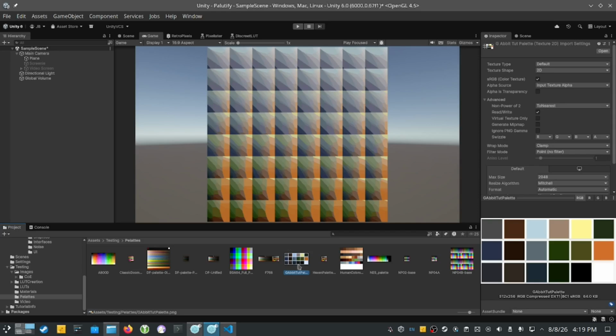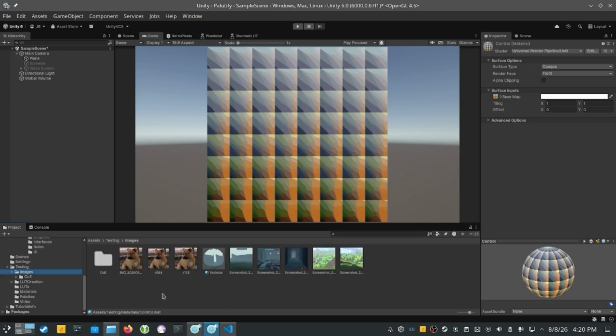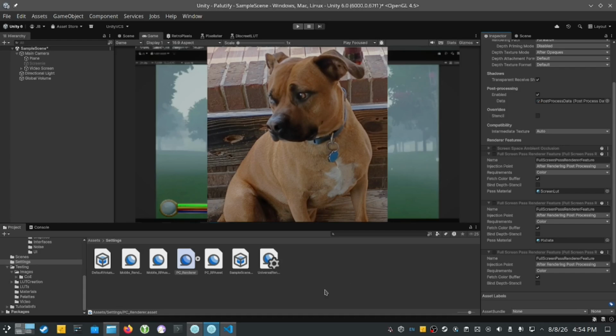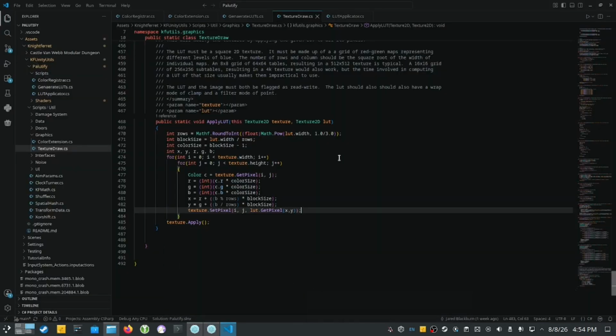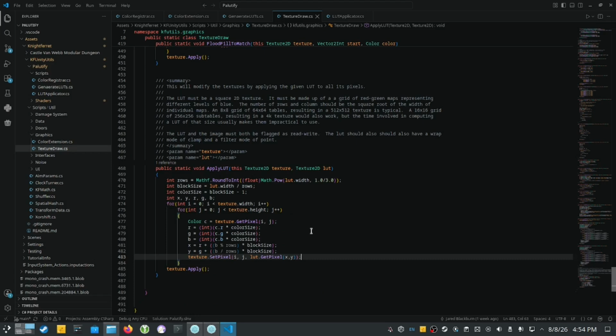So that's how we would go about creating a LUT. And let's just make it look pretty again by putting my dog back. But there is a newly generated LUT. So what do we do with the LUT? Well, it's actually easier to show it as code first, and then we can go back over to the shader graph. So if you go to this class here, Texture Draw, which I created with some utilities to manipulate textures,